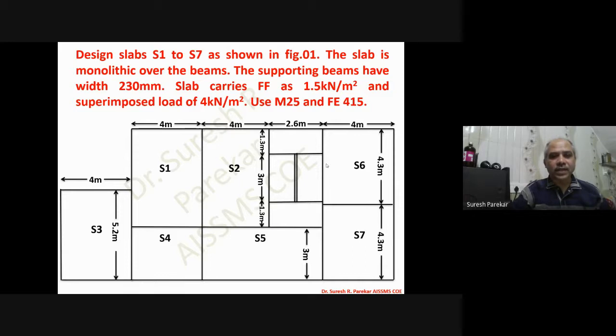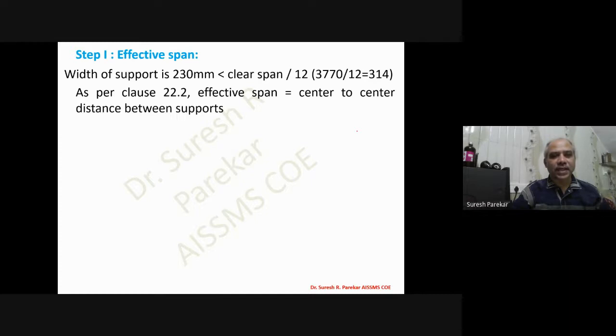So now here you can see we have to go for S1 to S7, and if you look carefully, we have S1, S2, S3, then S6, S7. In this our span is 4 meter. If we go for S5 and S6, then my span is 3 meter. So while calculating depth, we have to consider the maximum of the two, and then we will go for 4 meter. So effective span is the same as your width of support, less than clear span by 12. So we have that